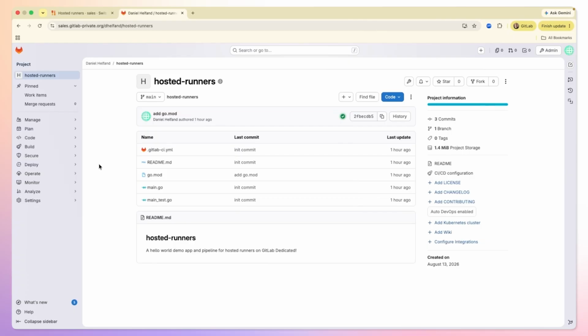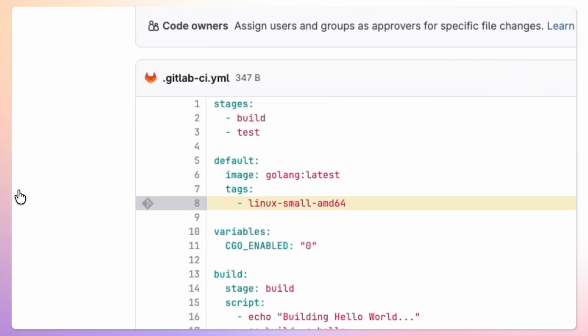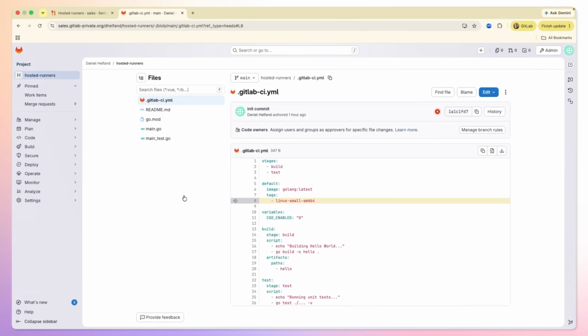Getting started setting up your pipelines with GitLab Dedicated hosted runners is easy. All you need to do is head out to the CI/CD pipeline of your project under your gitlab-ci.yml file, and you'll add a tag associated with the hosted runner. In this case, we're specifying Linux small AMD64 hosted runner in order to host the jobs associated with the CI/CD